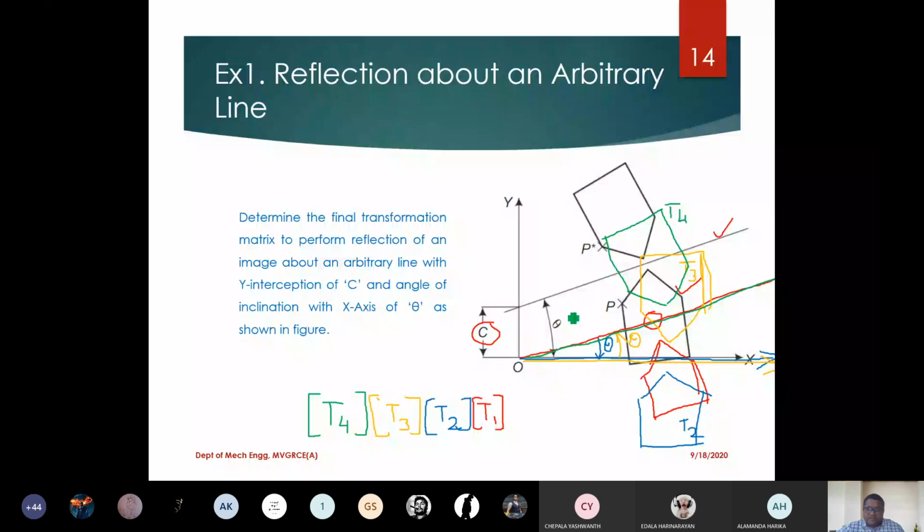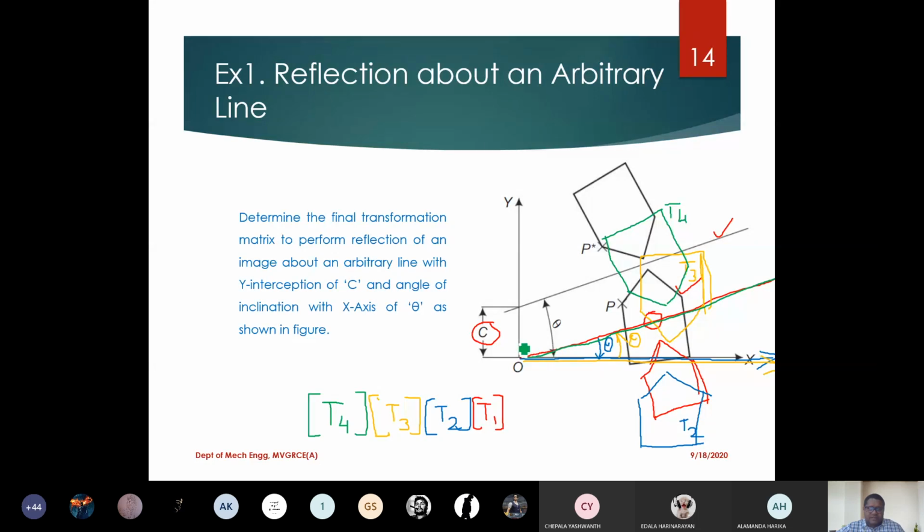No. If you look, the straight line is now actually passing through the origin. But our requirement is that the straight line is also making a distance of c. So again, all these things you have to send back. So now, a translation operation by positive c units.